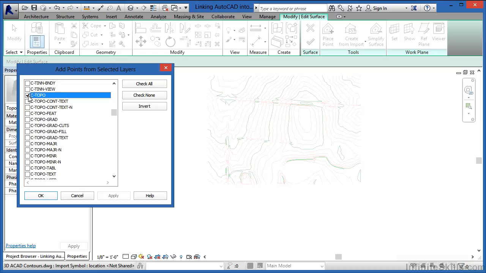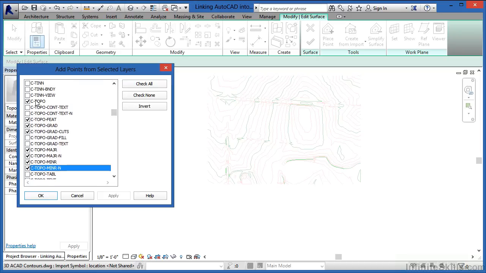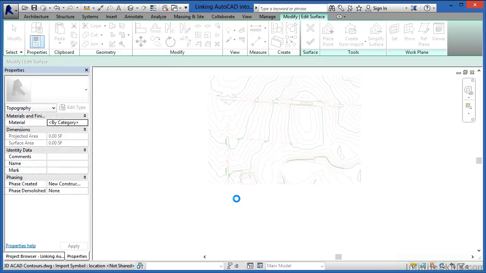From here, I'm going to put a check mark next to C-topo features. Really begin to just click on any of these. I'm going to do the topo grade. I'll pick on the majors and the minors down here. And that should be enough. So right now I have the minor in, minor, major in, major, grade, grade and cuts, and features all selected, as well as C-topo. Now if we click on OK to this, Revit's going to have to think for a